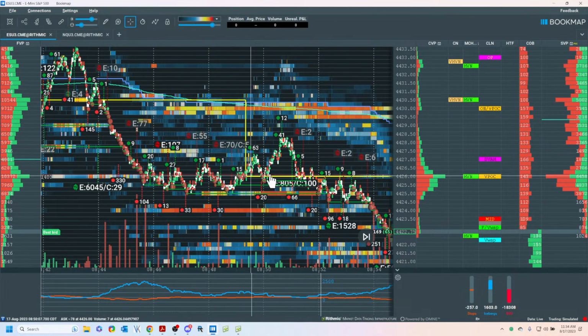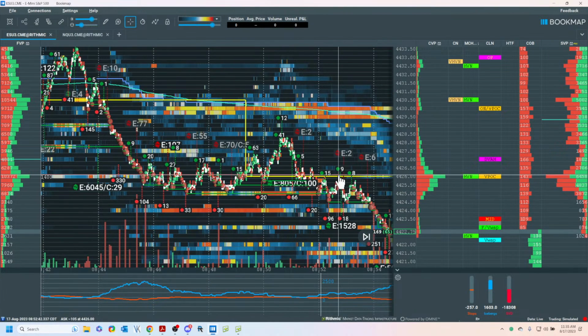Now, you want to get short. How? I'm looking for a retracement back here. I'm hoping to come back. What happens? Let's look at what we do. I fall under this volume, this volume, this volume, and there's my seller. Here's my test. Here's my seller.